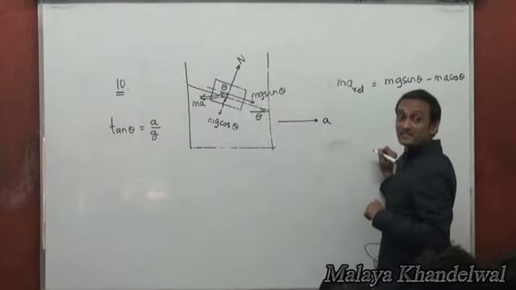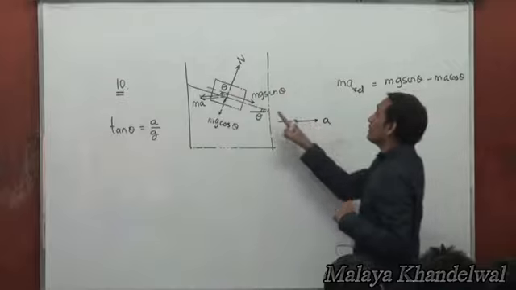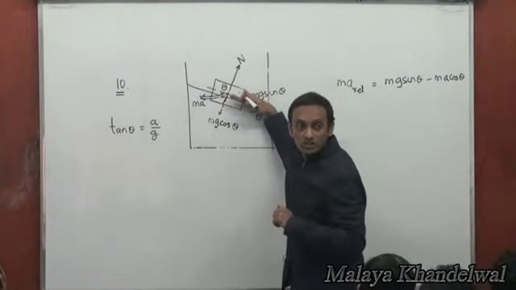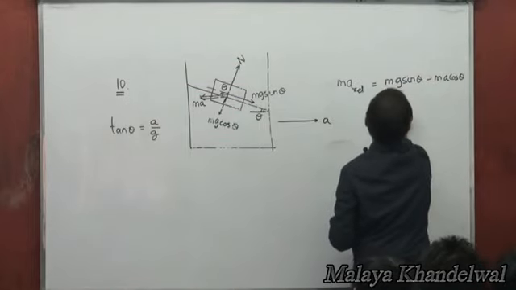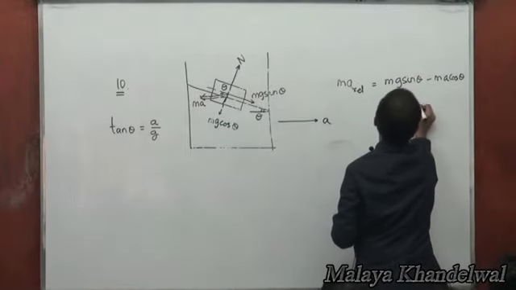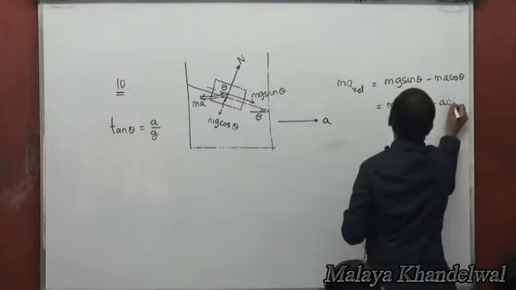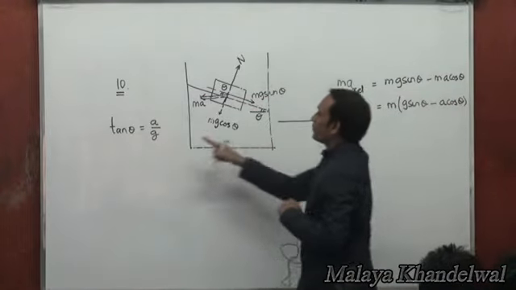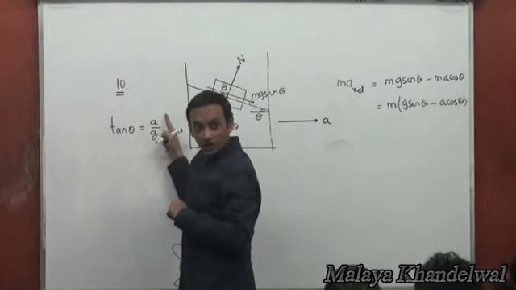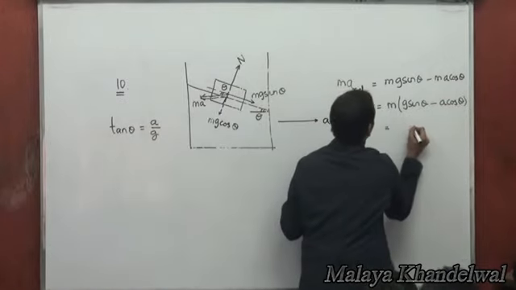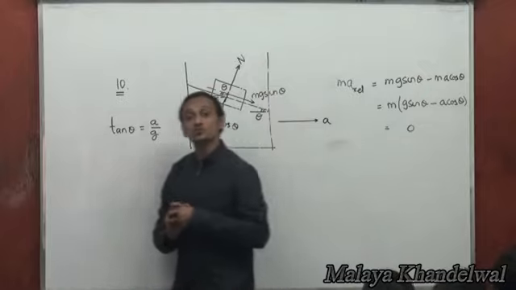So, this would be m into (g sin theta minus a cos theta). But g sin theta is actually a cos theta. So relative acceleration is